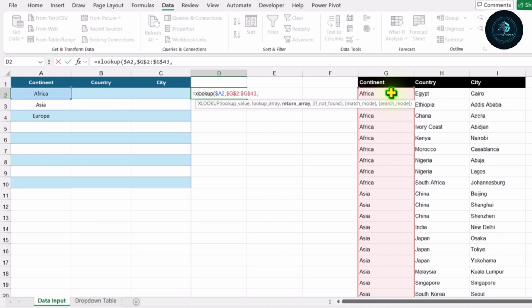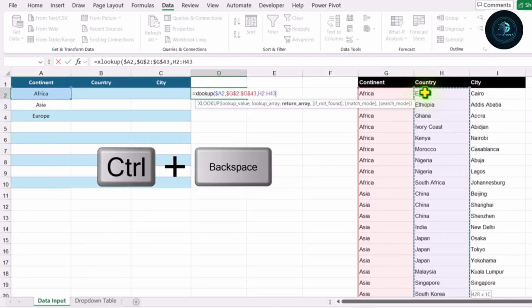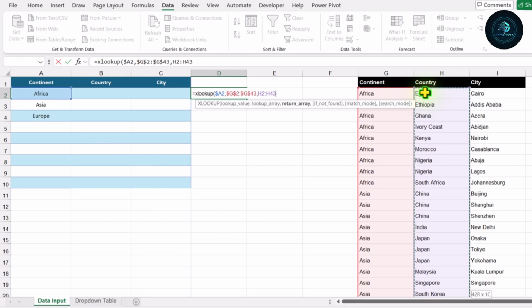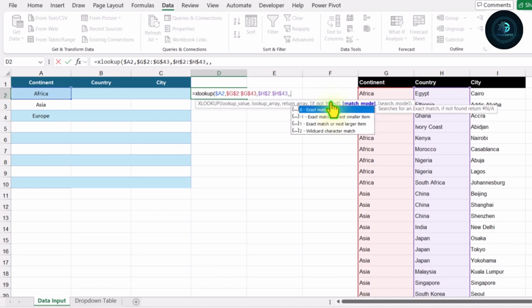Hit comma. For the return array, I will click on H2, Ctrl Shift down arrow key, Ctrl backspace key to move to the active cell again. Hit F4 key to lock the reference. Hit comma. If not found, in this case, I will skip this parameter and I will also skip match mode parameter.